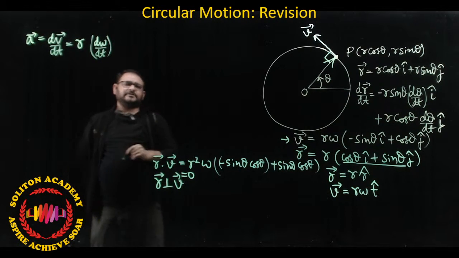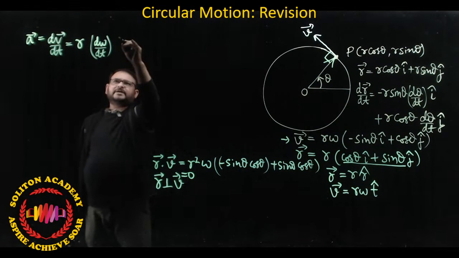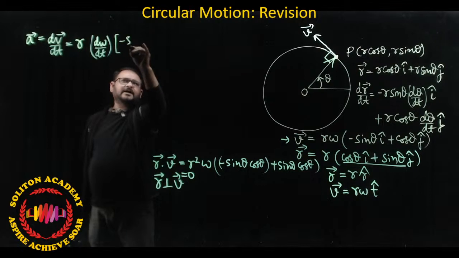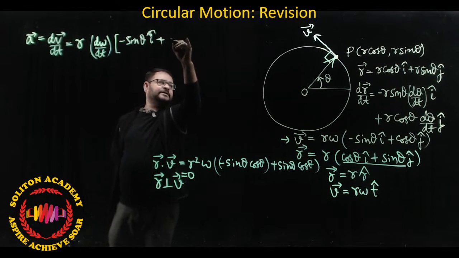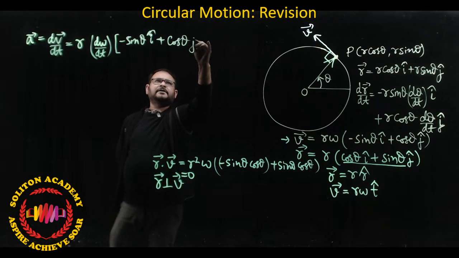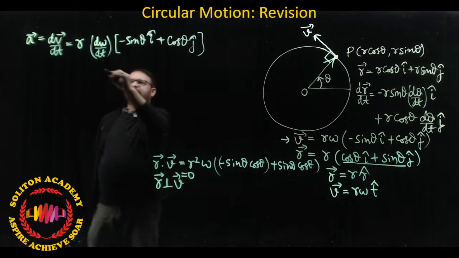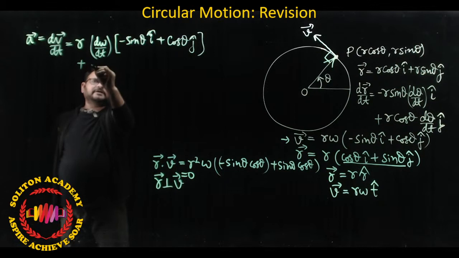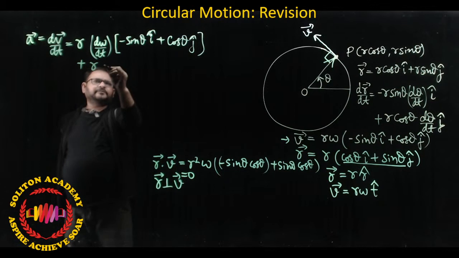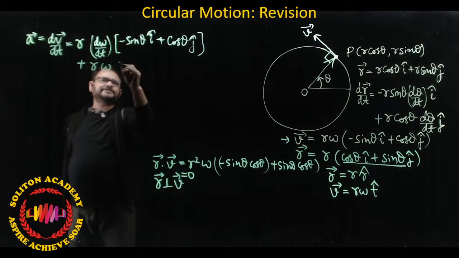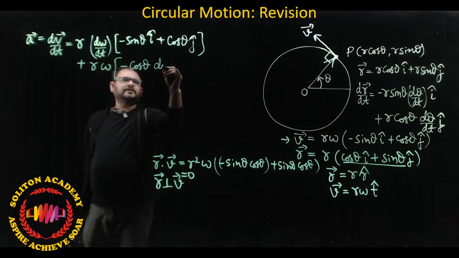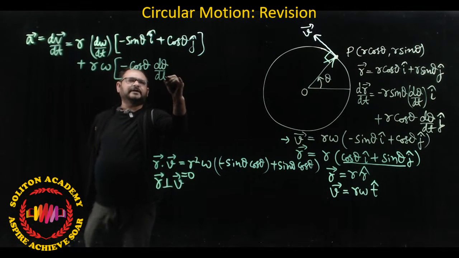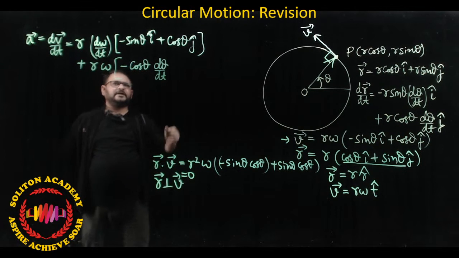Now this is our alpha. Inside term we will keep that plus cos theta j cap. Then we'll keep the r, we'll keep the omega, we'll take the derivative inside. This will give me cos theta d theta by dt i cap